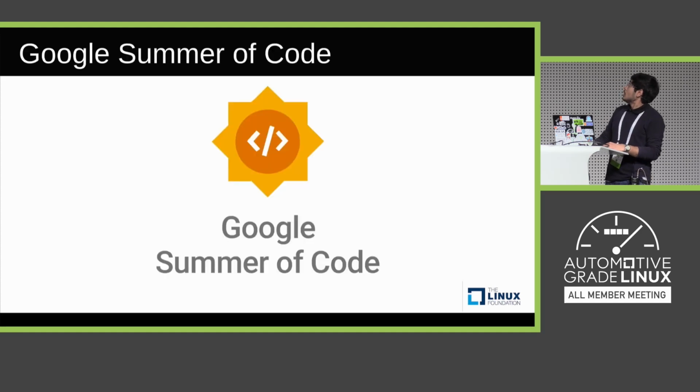Google Summer of Code. What is Google Summer of Code? It's a program run by Google every year during the months of summer. It's targeted towards young open source contributors, which used to be students before, but now it includes both students as well as working professionals who are new to open source. It takes place during the months of June, July, and August. And usually the contributors start working in the months of June and July.